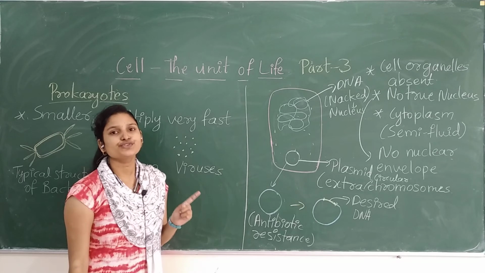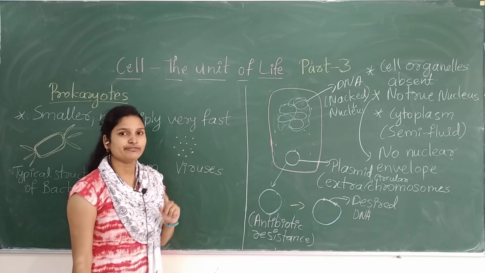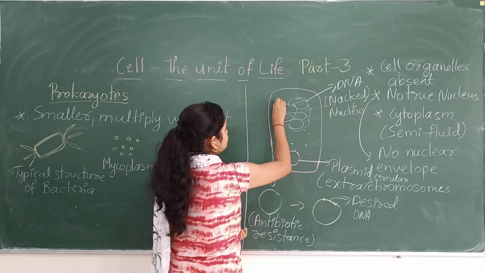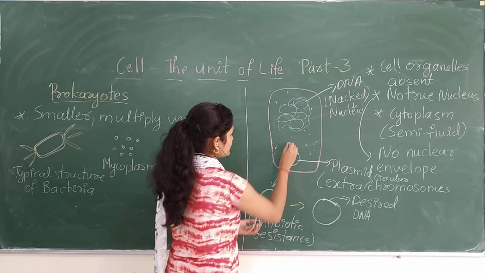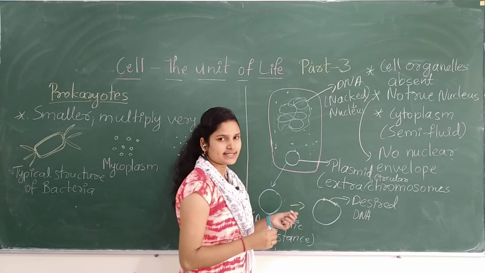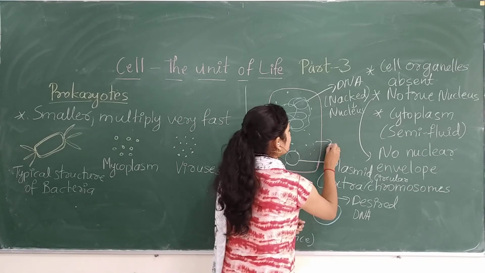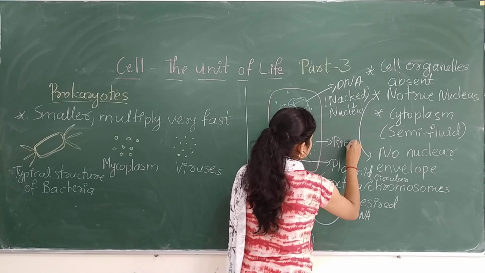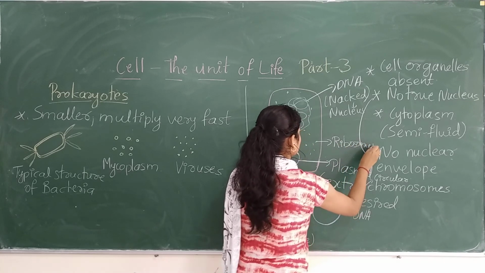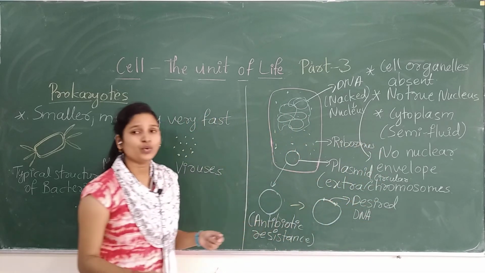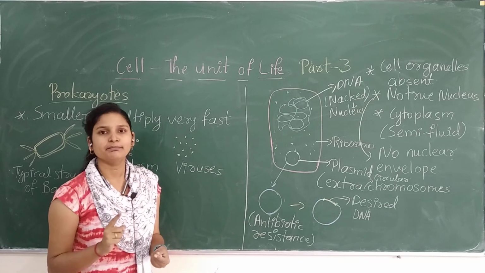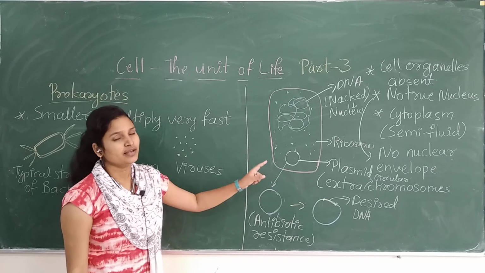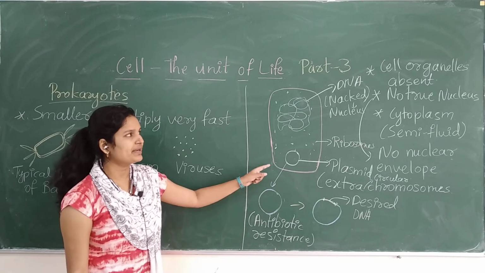See, ribosomes, the protein factory, will be present in the prokaryotes because protein is essential, it should produce proteins. Ribosomes. Remember, only ribosomes will be present in the prokaryotes and no other cell organelles will be present